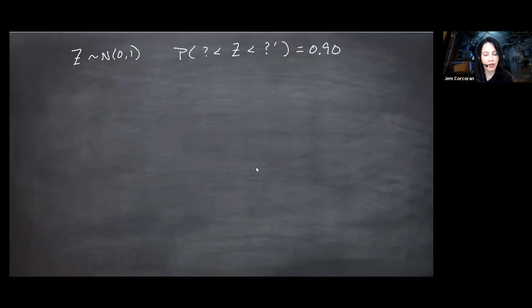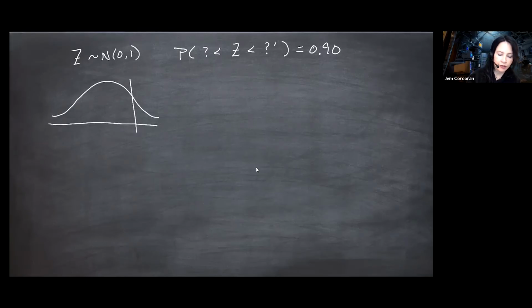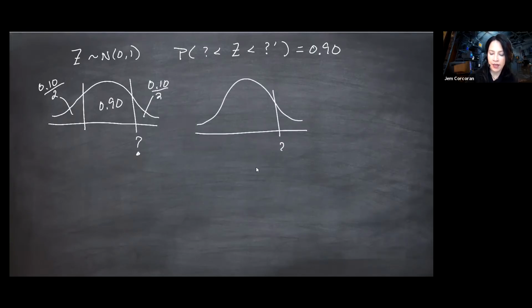We can go in and look at our Z table in reverse. So I'll draw a picture and I'll say that I want to put this in the middle, which is not necessary. And we do have a Z table, which gives us CDF values. So if I have 90% of the area in the middle, then I have 10% on both sides. So I have 0.05 over here and 0.05 over here. And so this number right here is going to correspond to the number that I would be less than with probability 0.95.